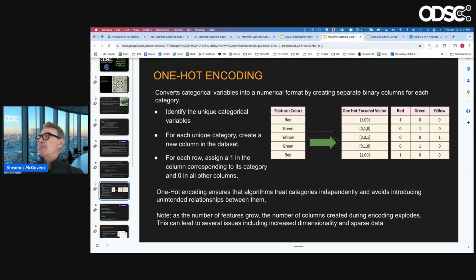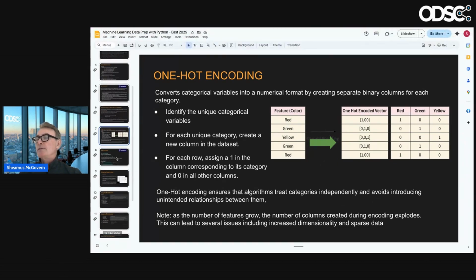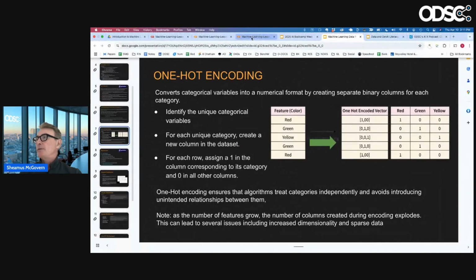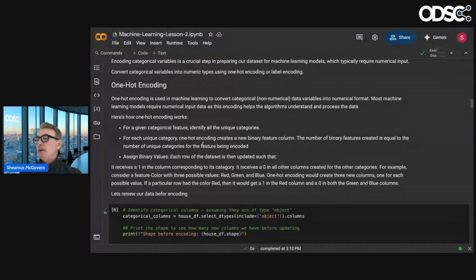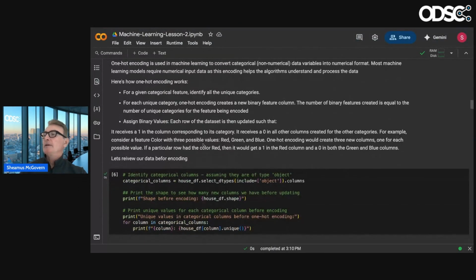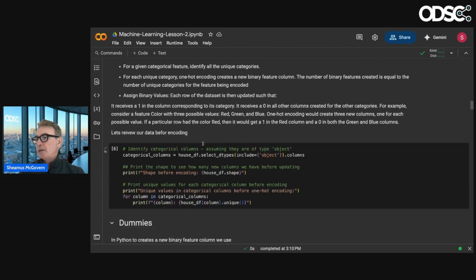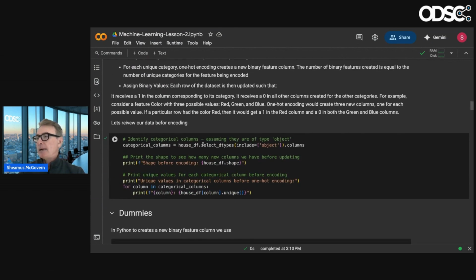And again, when we did our machine learning data prep, we went over all of this, and if you look at those notebooks, there are more examples on one-hot encoding. But for this here, how do you do that one-hot encoding? You use what they call dummies, which always throws me off, because when I think dummies, I think dummy variables, which means something else entirely.